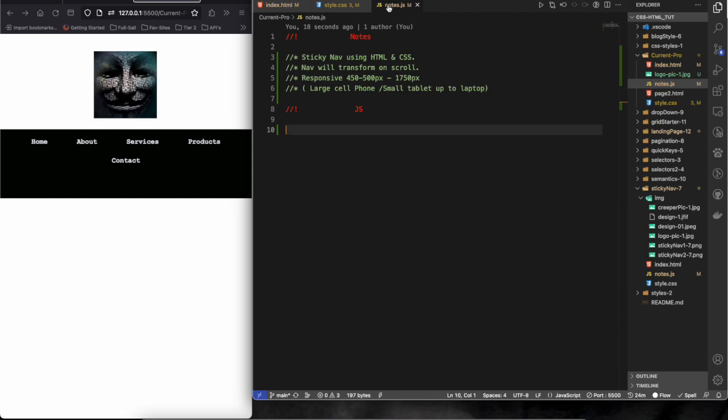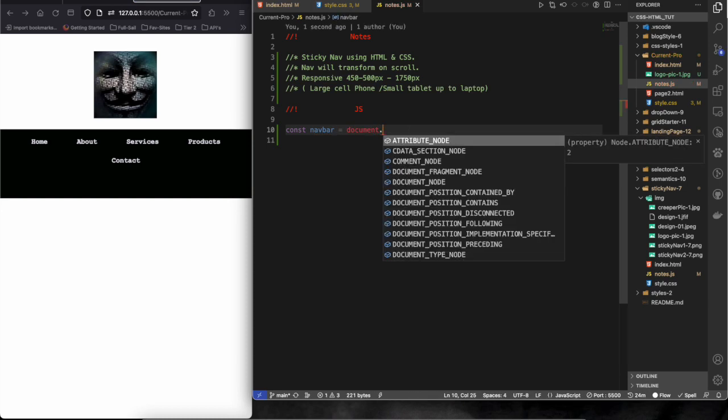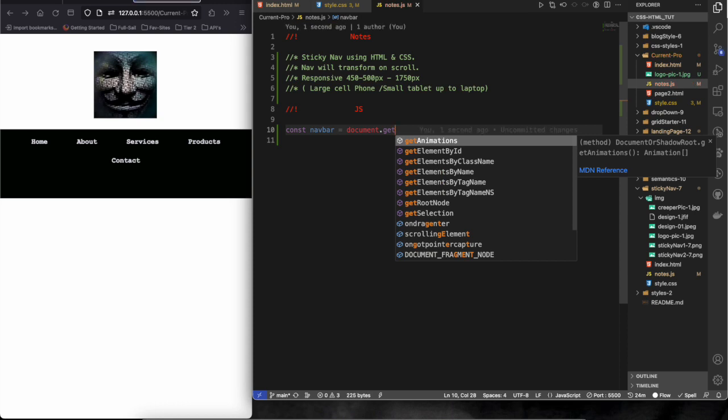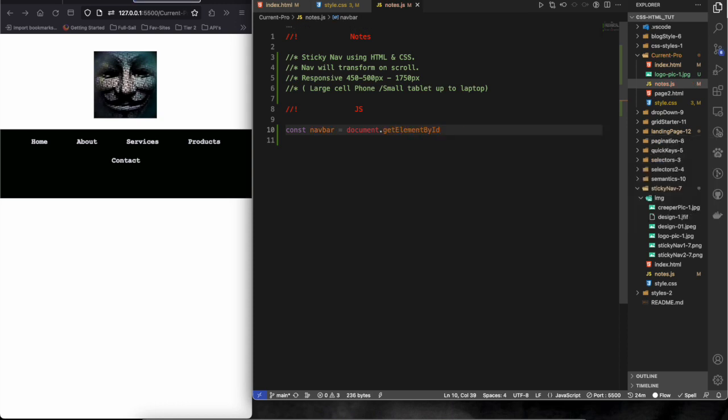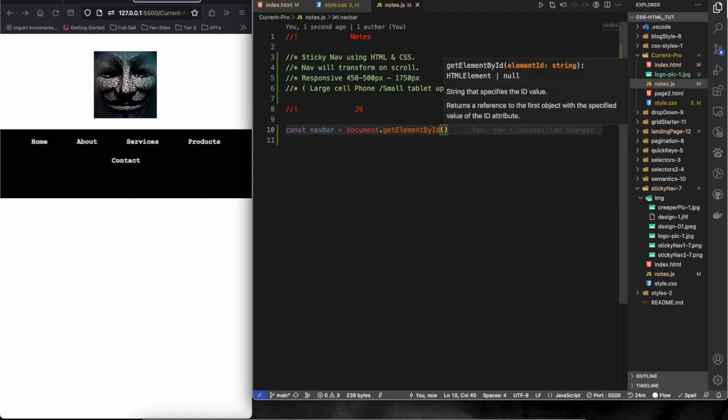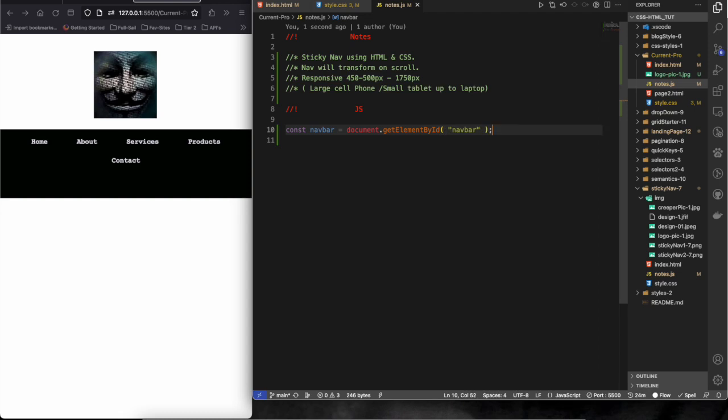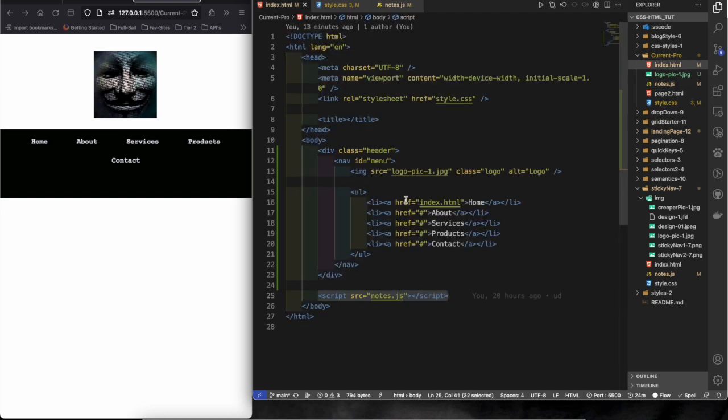And the file we're working on is notes.js. Okay, so we're gonna have a constant navbar, and we'll do equals document dot. Now we're going to use getElementById, and we're going to use navbar right here. So basically what we're doing by doing this, const navbar equals document.getElementById navbar, okay, we are getting,